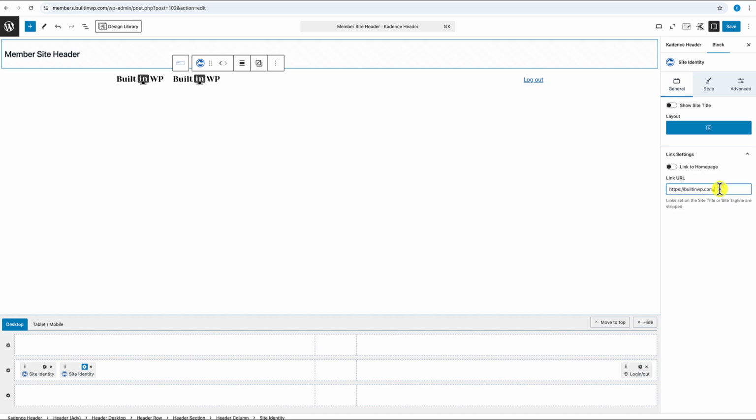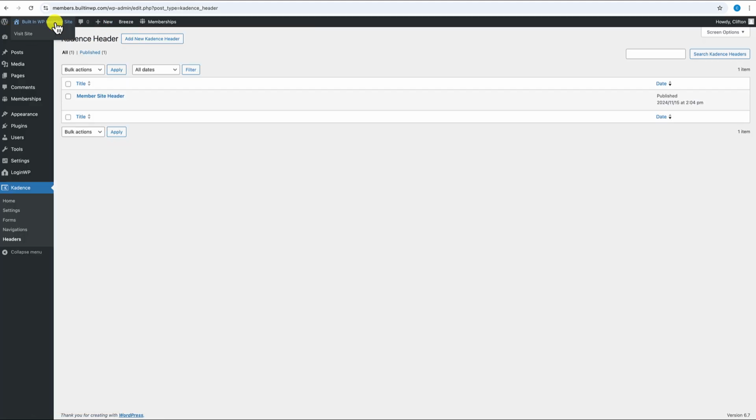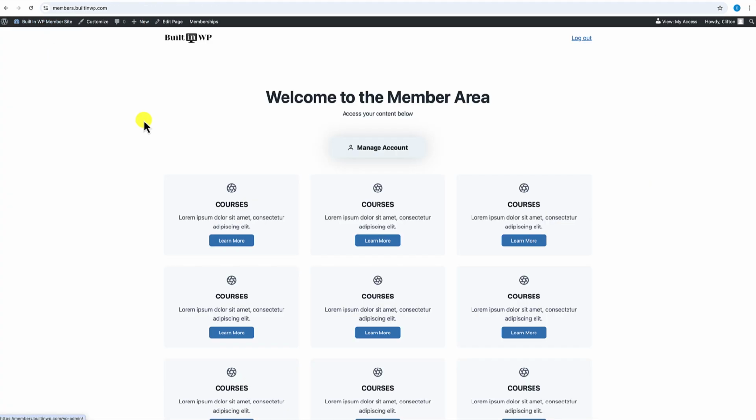Okay, so we want it to go to builtinwp.com, which is going to be the main site, if you are logged out. Let's go ahead and save this. And when we view the front end of the site, so this is the member site, notice we only are seeing one logo, and we're seeing the one that is meant for people that are logged in. If I'm anywhere else in this site and I click on this logo, it's going to keep me on